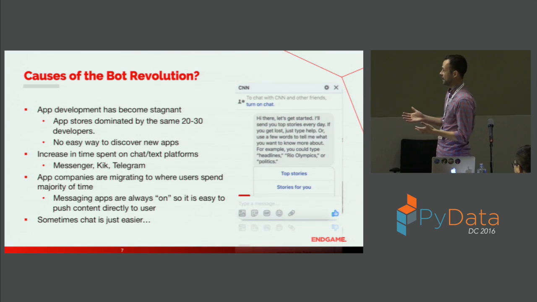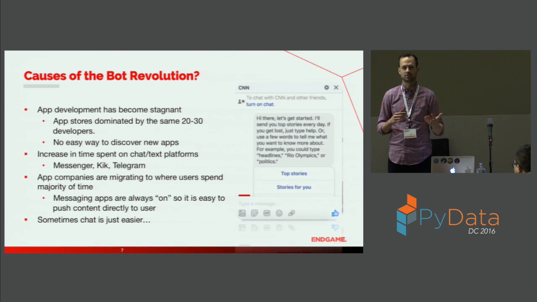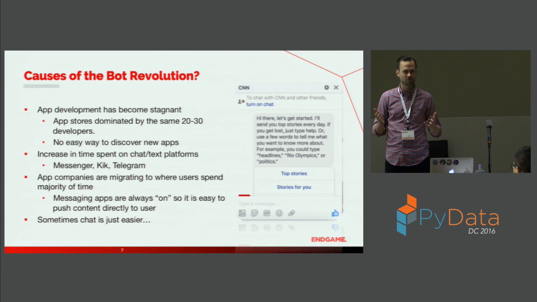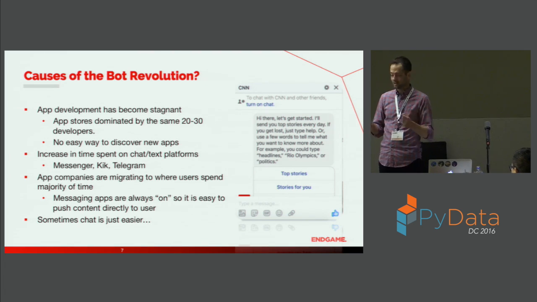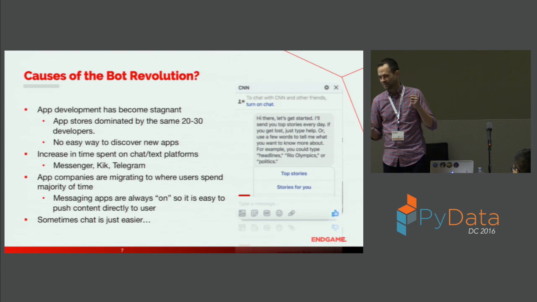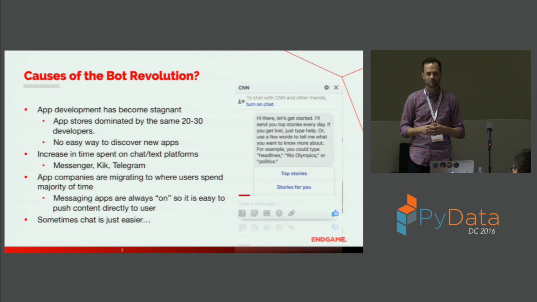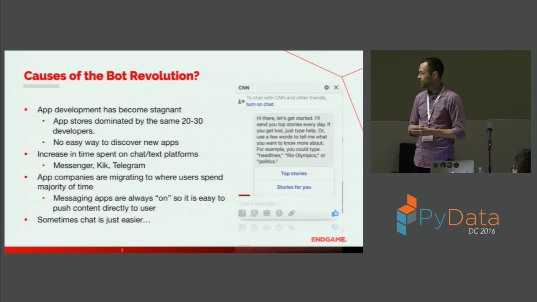And on top of that, there was this whole advent of Messenger, Kik, Telegram, and all these messaging platforms. I'm in my 30s. I don't use messaging platforms a whole lot. But for some reason, my mom and my dad and all of my extended family tend to use it, as well as teens. So the app developers were like, well, everybody's hanging out in these messenger platforms now. Why don't we try to push our data there, create very basic bots to get our information out? And when I say basic, I mean absolutely basic.